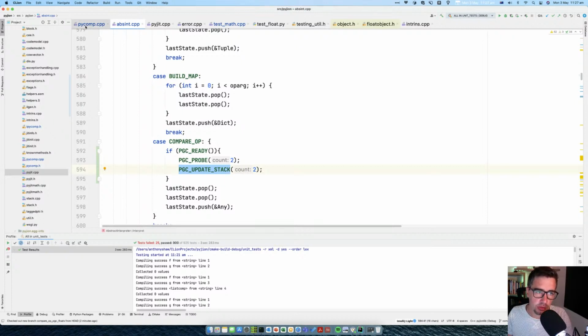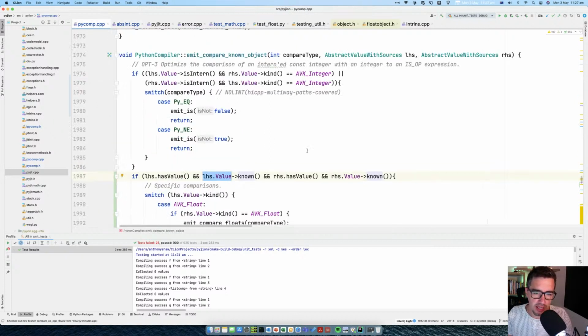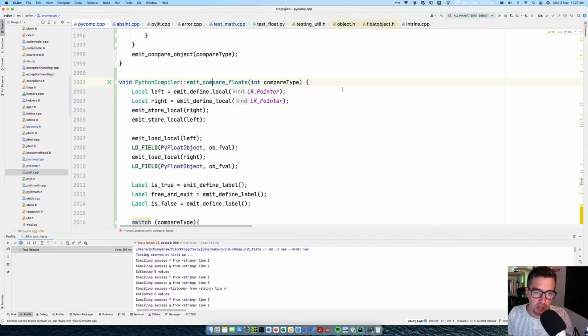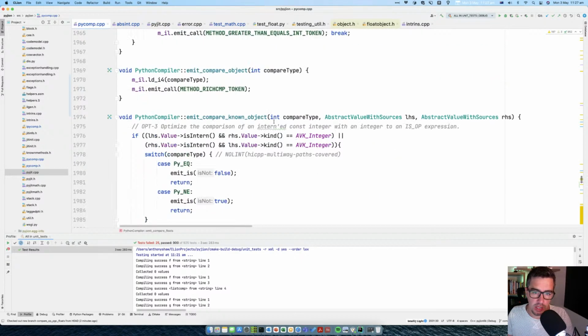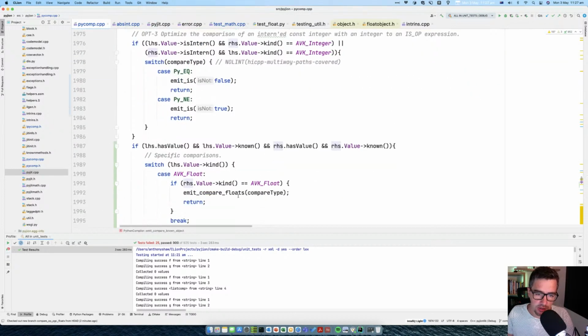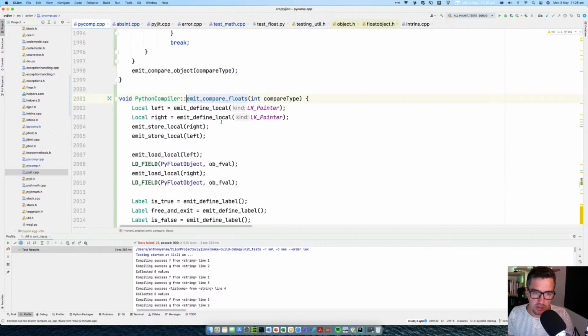Now, because they're changeable, we also want to be really careful about this. So what I can do here is just make a flag for this function, emit compare floats, which is going to put a type guard in. So if I go back to the definitions,